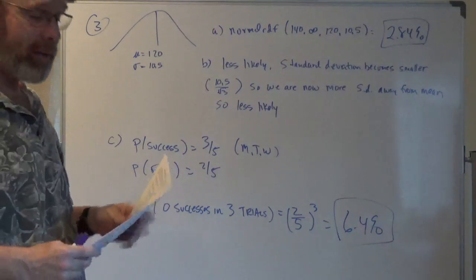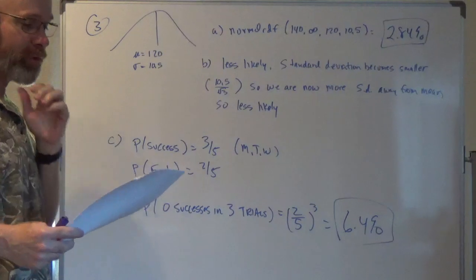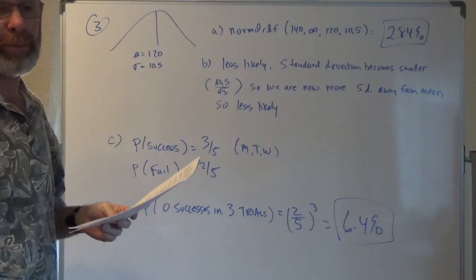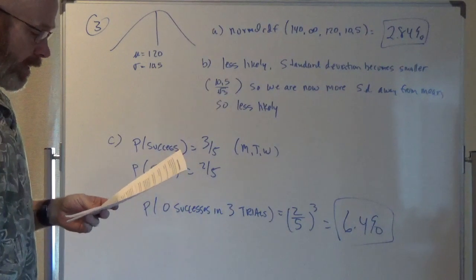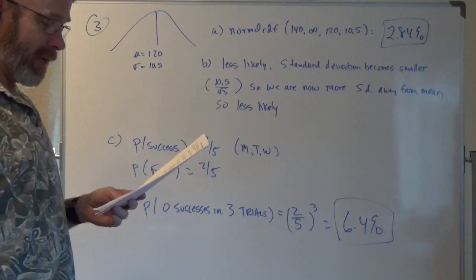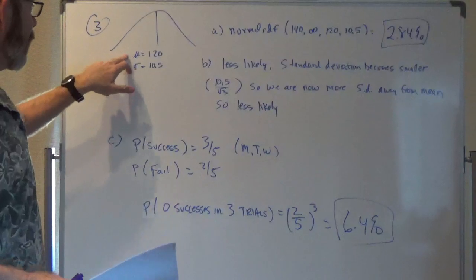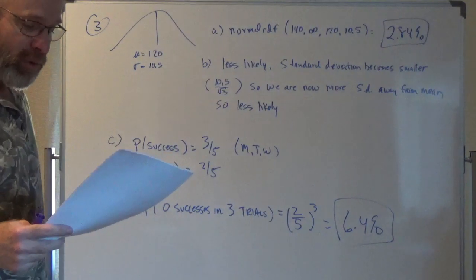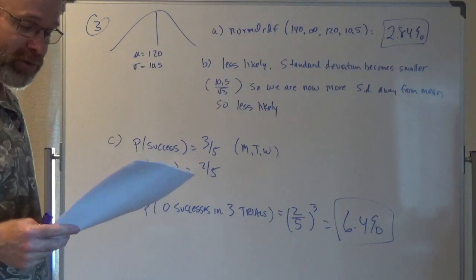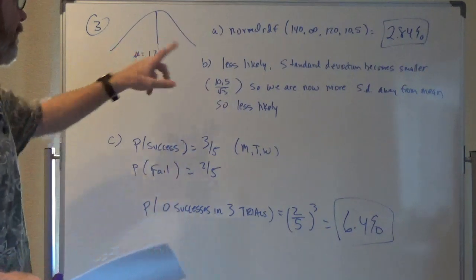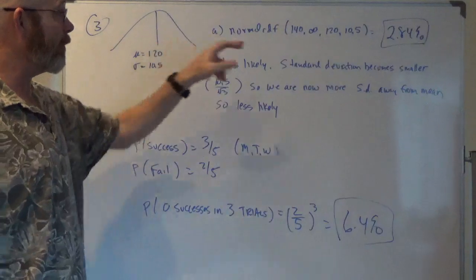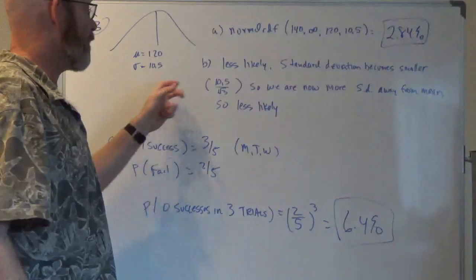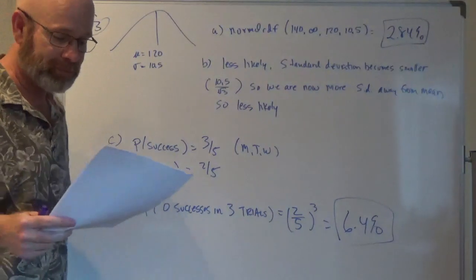Okay, problem number 3. On May 4th, schools receive funding based on how many people attend school. Determine... The daily number of absences at a high school is normal with a mean of 120 and a standard deviation of 10.5. If the school has more than 140 students absent, they're going to lose funding. What's the probability they'll lose funding? Just a straightforward normal CDF problem. More than 140, so 140 to infinity, mean of 120, standard deviation 10.5, 2.84%.